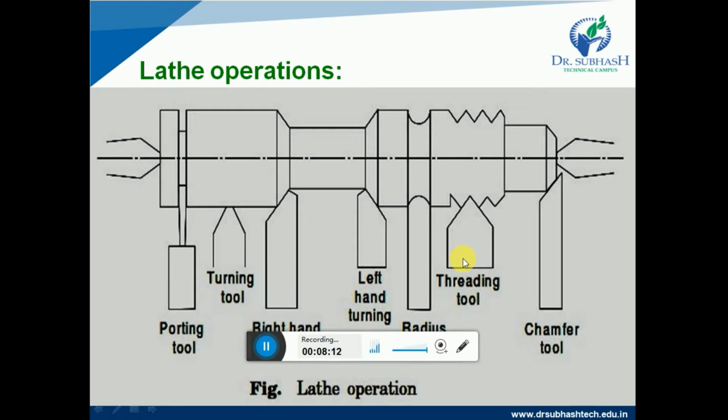Reaming operation. Reaming is the operation for sizing or finishing a drilled hole to the required size by a tool called a reamer. Then another is the tapping operation. We use this operation for creating internal threads within a hole by means of a tool called a tap. The tap is one of the important tools used to create an internal thread within a hole, right? Parting off is the operation of cutting off a bar type job after the complete machining process.